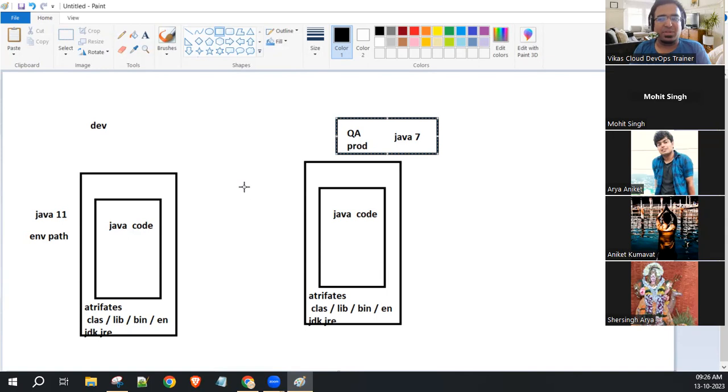Every team, every company faces this problem with Java applications, .NET applications, Python applications. Every application's environment is different. There may be a little bit of change in the environment and it will not work. So a new concept came into the picture. What is the new concept? Can anyone give me the answer?